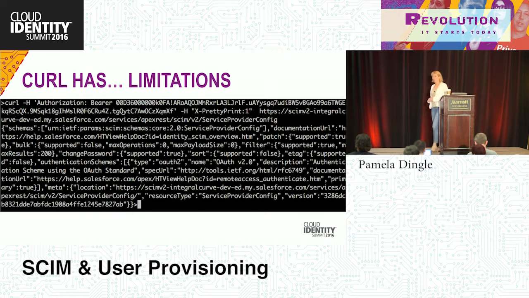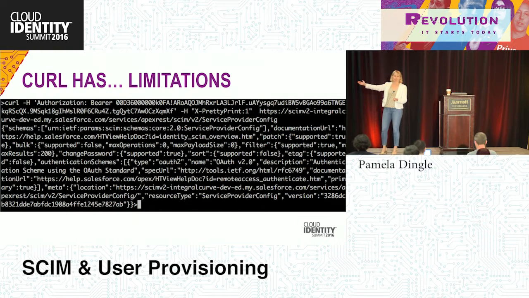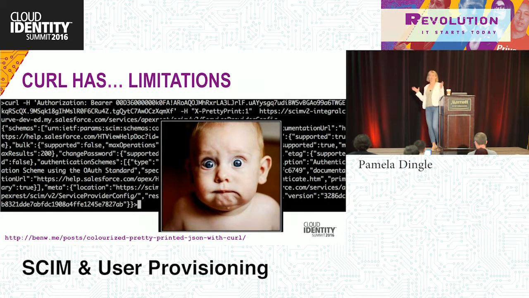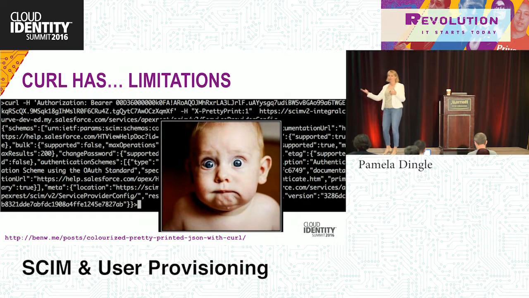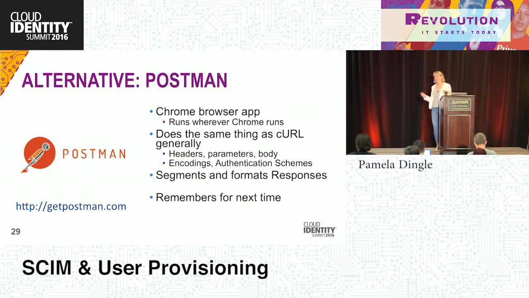So the bottom line is curl is simple, and it works quite well for the OAuth step of this, and it's very, very useless for any kind of further interaction via SCIM, in my opinion. And if you have curl foo, then great, right? But for most of us, we're like, you're kidding, right? You gotta be kidding. We don't want to work with stuff this way. It's hard. We have to recompose it every single time rather than have something that's remembered and just use it. So curl's amazing for one-offs, but what I would recommend is the alternative of Postman.